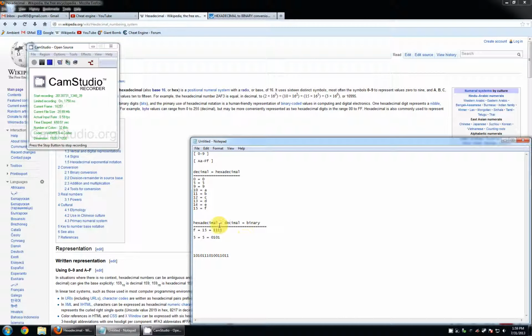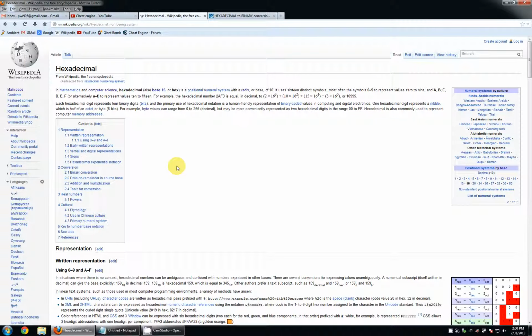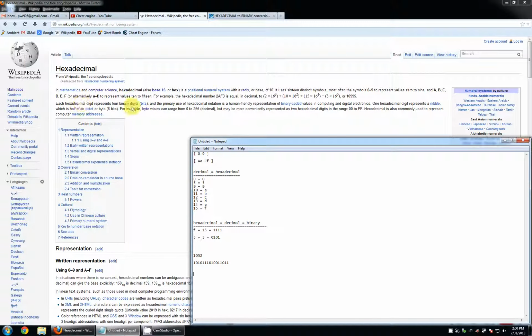Generally, humans deal with decimal just because that's how we're raised. What's the value of 1001052 in binary? Is there one person on the planet who can just look at that and say it's this in binary? Maybe. I'm not going to unequivocally say there's not, but if we want to express this bit pattern and we know hexadecimal, it's a much more concise way to express 16 bits, because each digit in hexadecimal represents 4 bits,